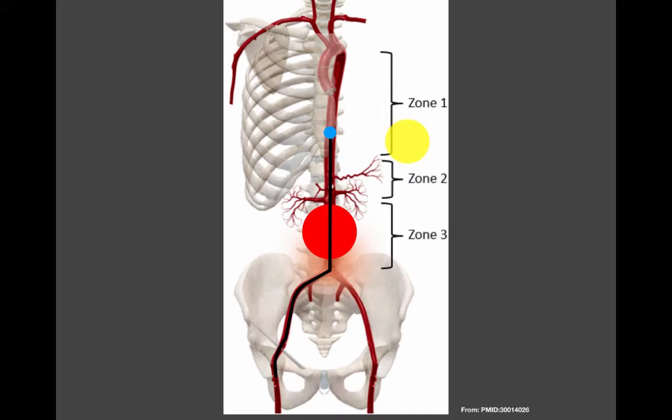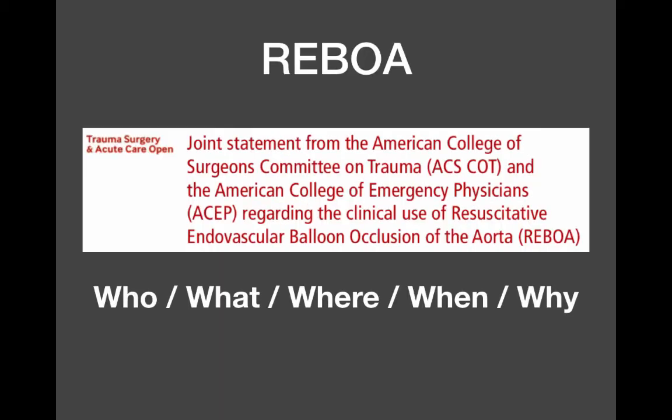Now this inherently leads to questions of, can I use this in a ruptured ectopic pregnancy or a ruptured abdominal aortic aneurysm? Most of the data looking at this has looked at the use of this in trauma patients. In fact, the American College of Surgeons just came out with a joint statement with ACEP